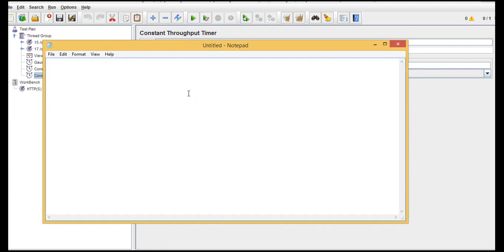Now assume that there are total 4 petrol bunks. I'm just telling you an out-of-the-box example to make you understand about throughput. Assume that there are total 4 petrol bunks, and each bunk can pump 100 liters of petrol in 1 minute.